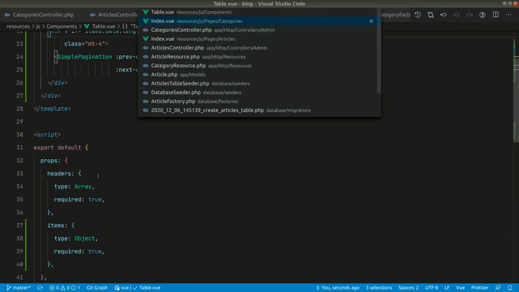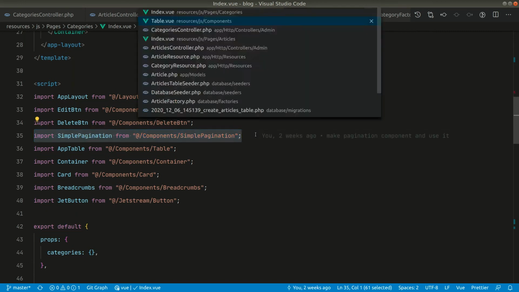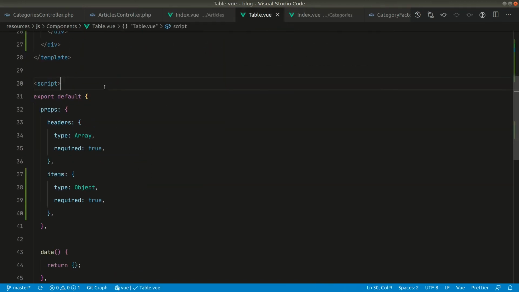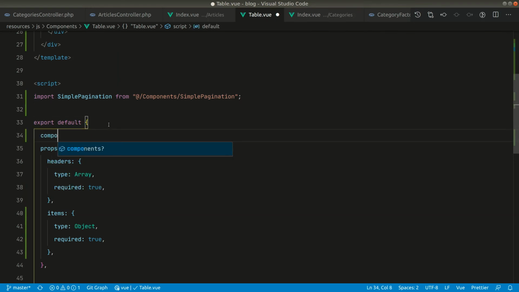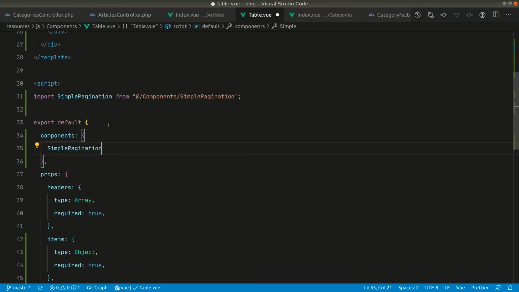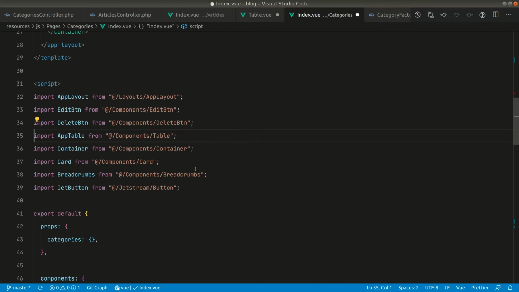Let us take that from here and add it over here, and here let's say components and simple pagination like this, and we don't want this over here.